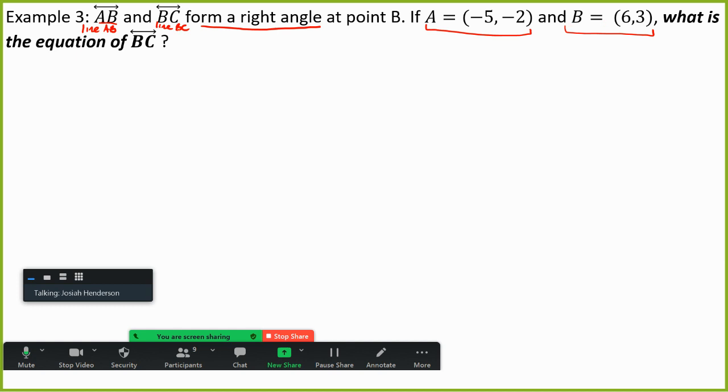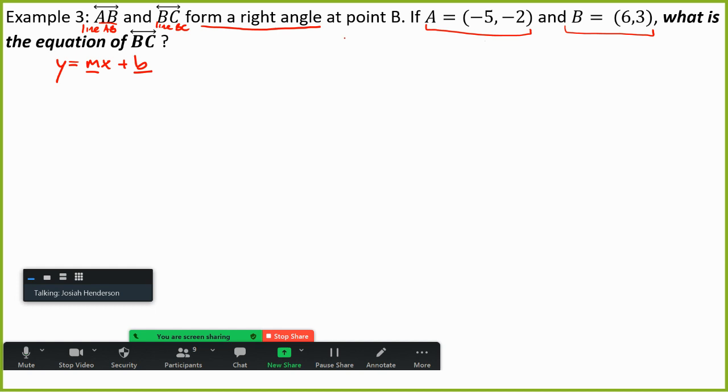So they're asking us to write the equation in this format, y equals mx plus b. We need, just like the last two examples, the correct m and the correct b. We need those numbers. Again, this time they told us AB and BC at the top are forming a right angle. So that means AB and BC are perpendicular and have opposite reciprocal slopes. They did not give us the equation for AB. That's how we did the last two examples. They gave us the equation, right? They gave us the slopes to work with. So this time, they only gave us 2 points. So we've got to find the slope